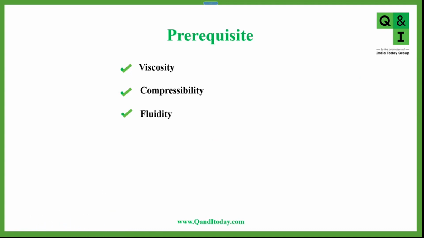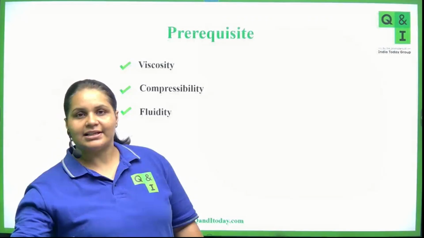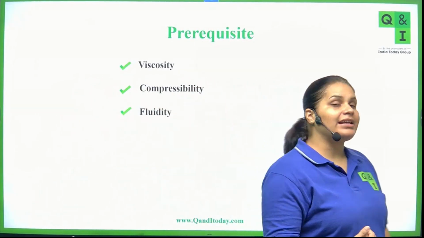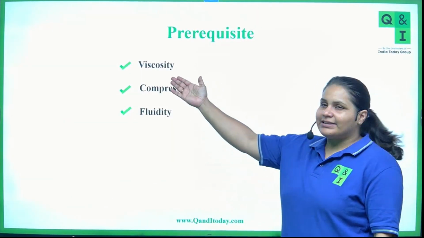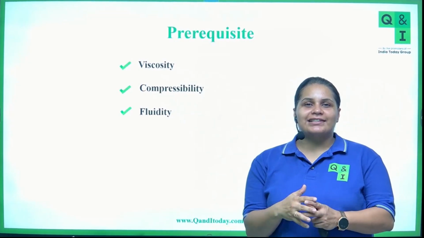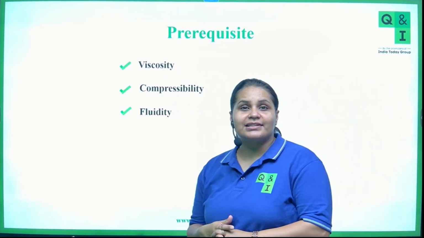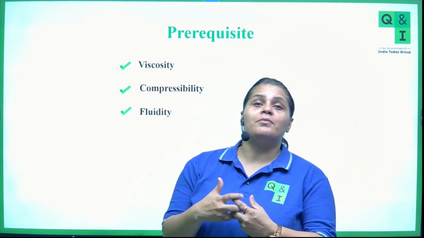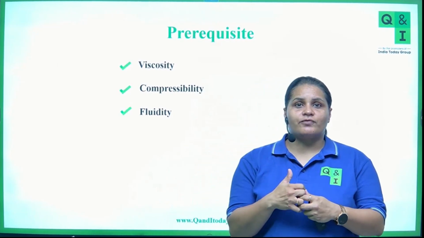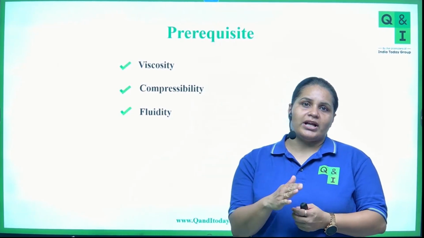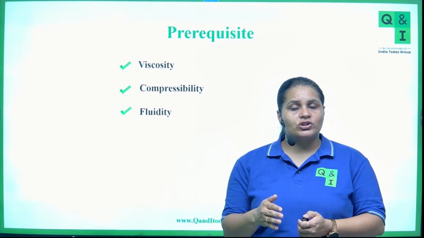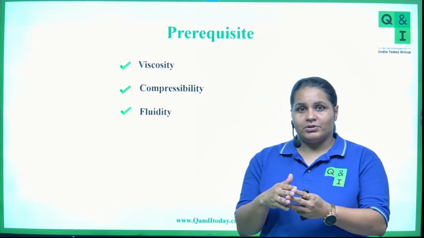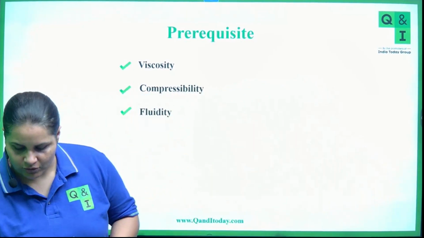So what do you understand by viscosity? We actually discussed in the last session how easily a fluid can flow, right? So basically viscosity is the resistance. Viscosity is the resistance to flow caused by the intermolecular or interparticle forces of attraction. So that resistance is caused in the flowing. And why is it so? Because the particles, when something flows, I'll show you here.